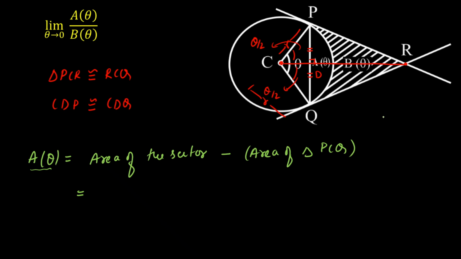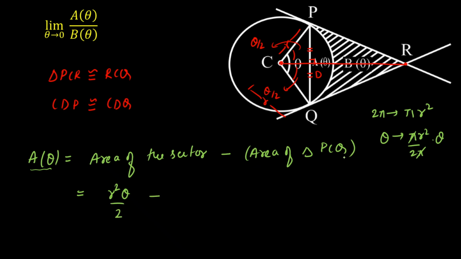Now let's calculate the area of the sector first. So I'll use the unitary method. That is, for 2 pi, for 360 degrees, the area will be pi r square. Now for angle theta, the area will be pi r square divided by 2 pi multiplied by theta. Now pi and pi will cancel out, so the area of the sector will be equal to r square theta divided by 2, minus